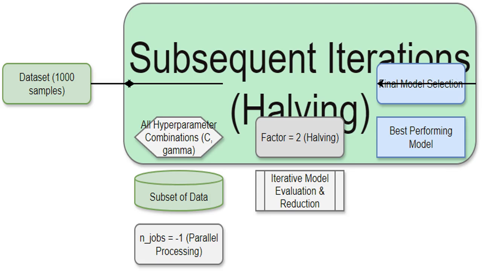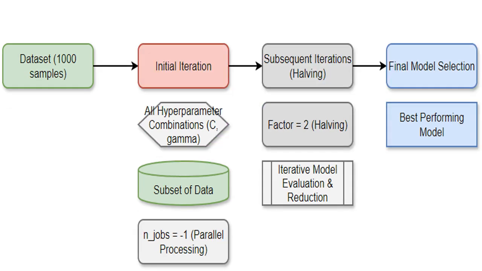In our SVM, C and gamma are important tuning knobs that control the model's behavior. We are going to experiment with many different values for these. It is like trying various recipes to find the best cake. This parameter is crucial in controlling the efficiency of the search. A factor of 2 means that after each round of testing, I only keep the top half of the best